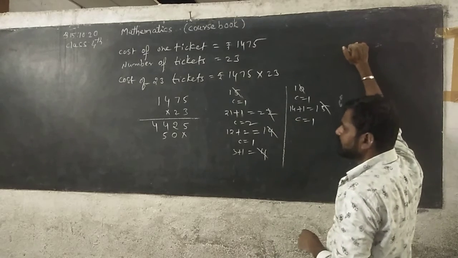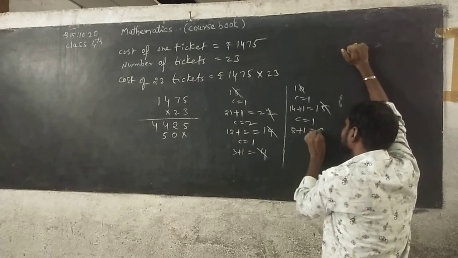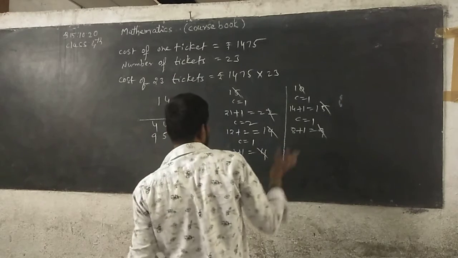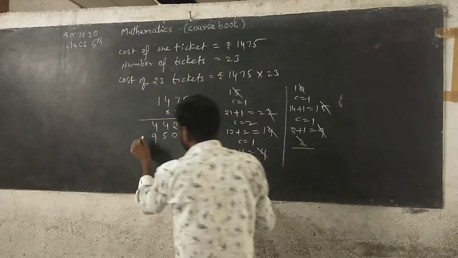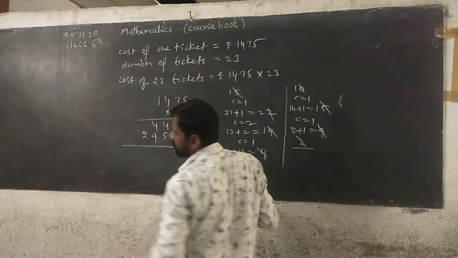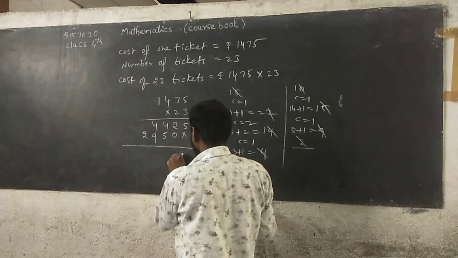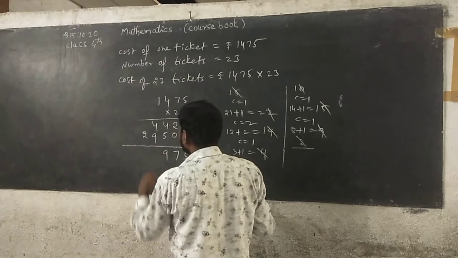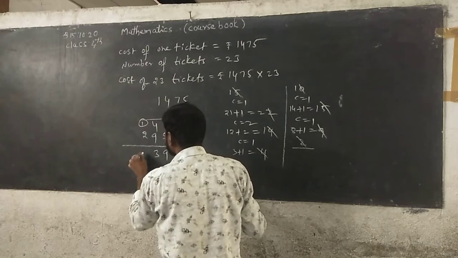Next, 2 4s are 8, 8 plus 1 is 9, this is a 1 digit number, you can write 9 under 4, there is no carry. Next, 2 1s are 2, write down before 9. See here, below the products, 5 2 4 plus 5 9: 4 plus 9 is 13, taking 3 and carrying 1, 1 plus 2 is 3.